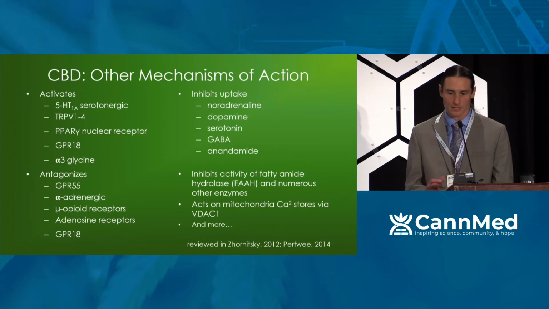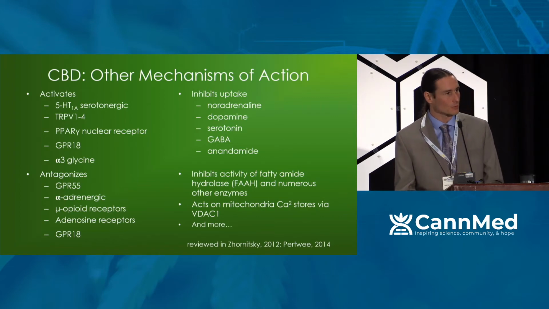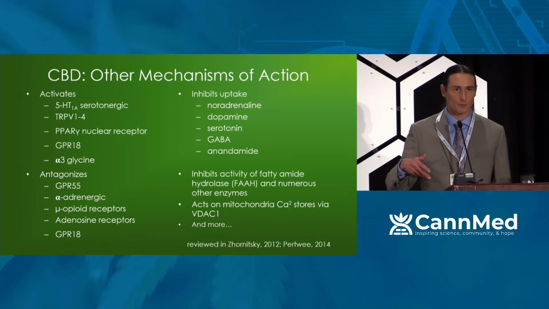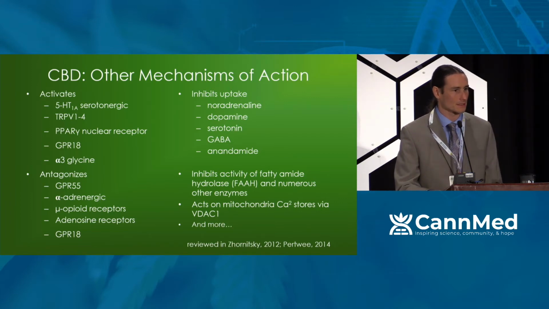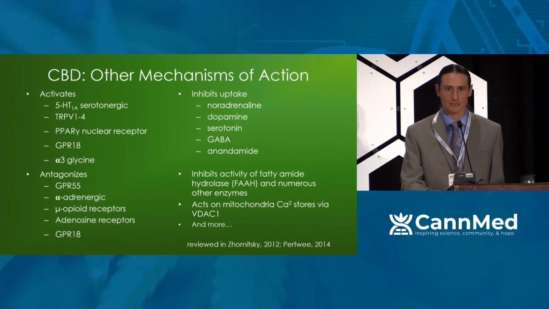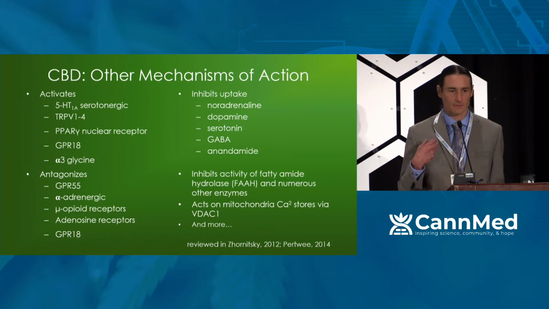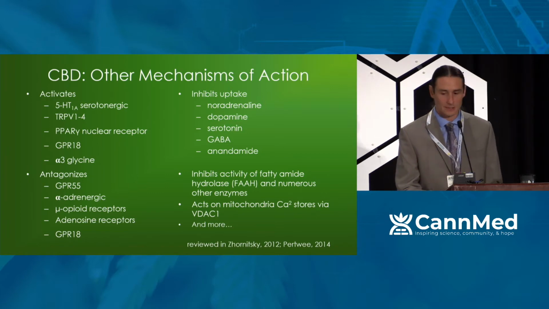They're based on these other targets, especially the 5-HT1A serotonin receptor, which is likely the mechanism of CBD's anti-nausea properties and probably some of its mood-boosting properties, as well as some of its ability to protect the central nervous system after an insult, because interacting with that receptor can improve vascular supply to damaged areas.